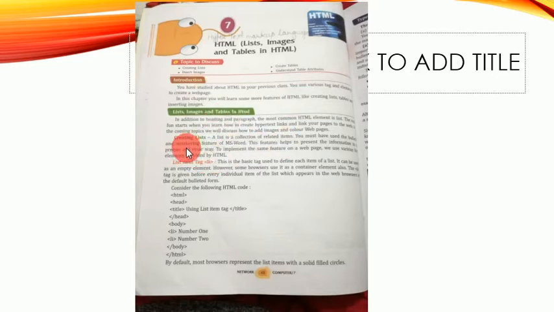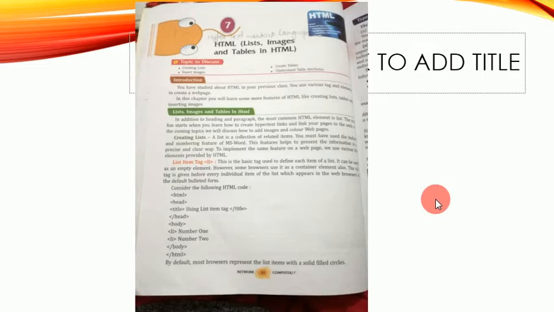Okay, so now first of all we are going to start with the list item tag. So how is the list item tag used? See, in Microsoft Word you have used the bulleted and numbering feature. You give one dot and then you write one sentence, then another dot, you write another sentence. So this is the listing. This is how the listing is done.